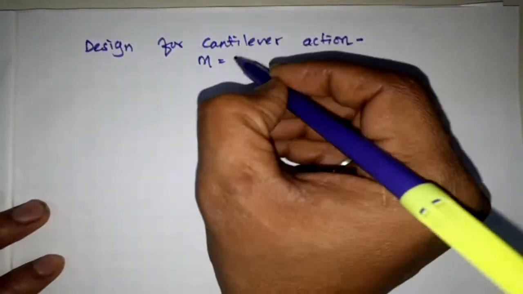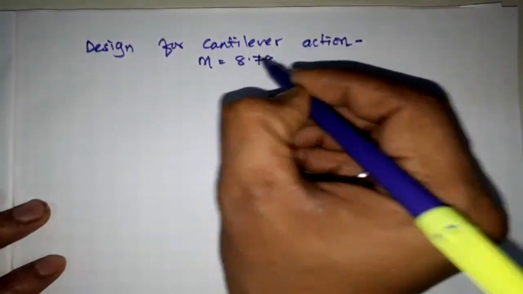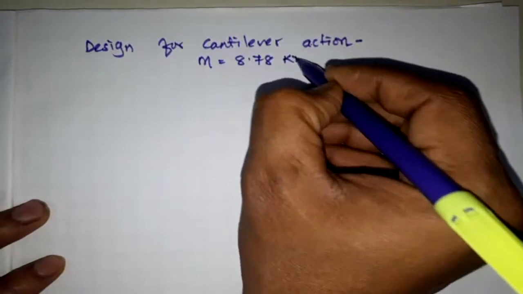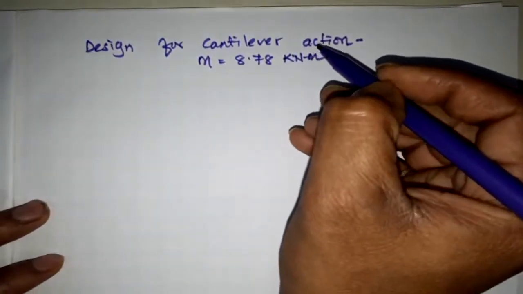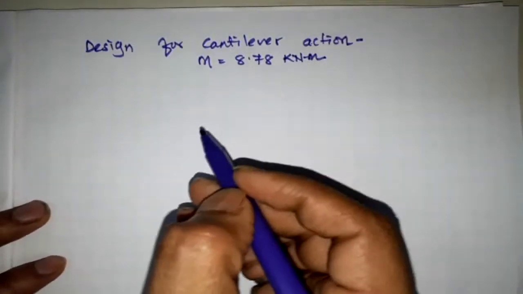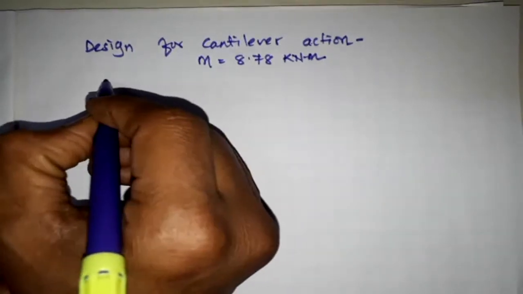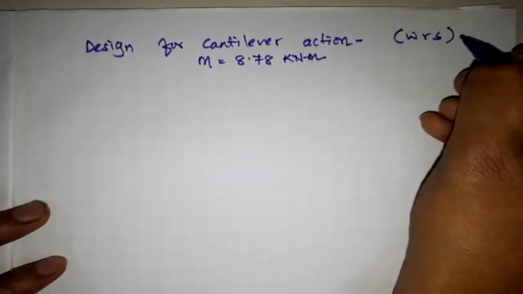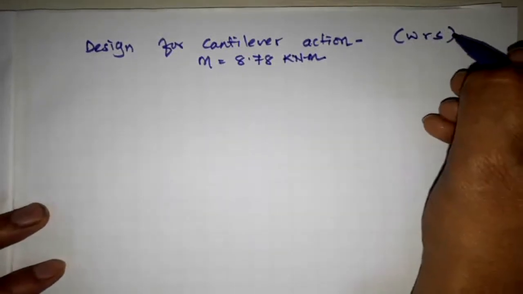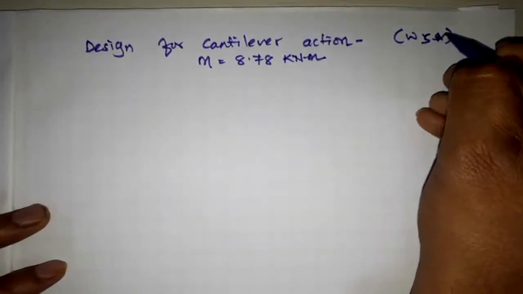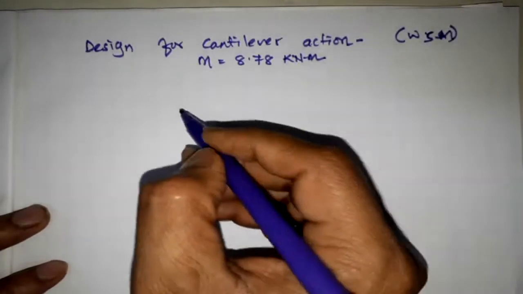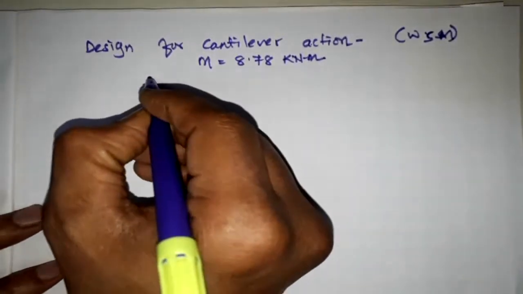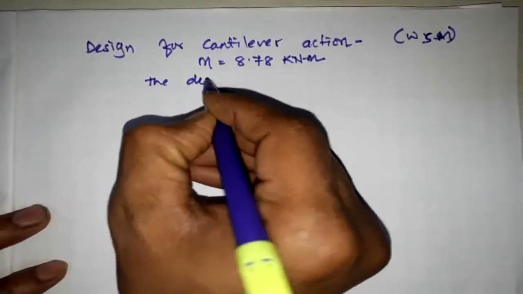That is M is equal to 8.78 kilonewton meter. So now the depth of neutral axis. So again I will write here by using working stress method, WSM. So the depth of neutral axis